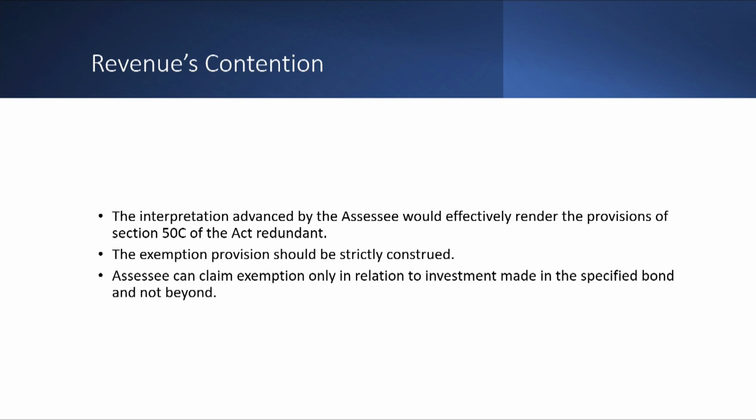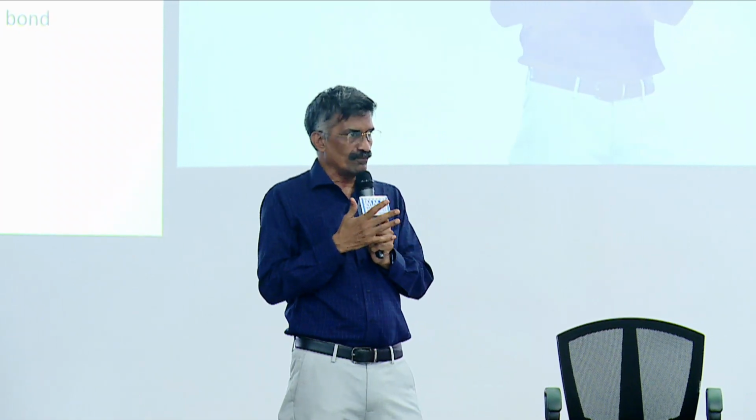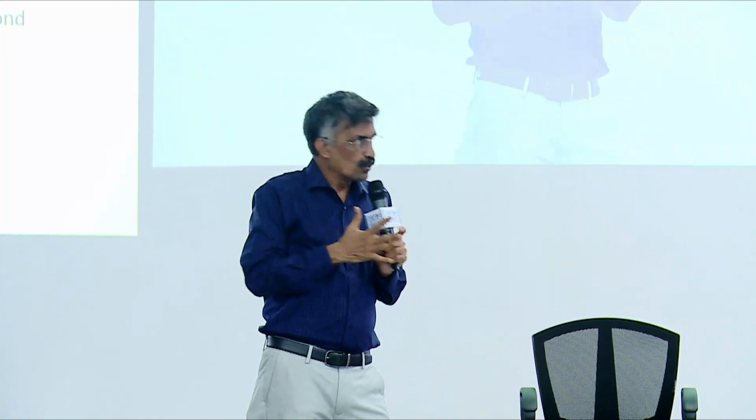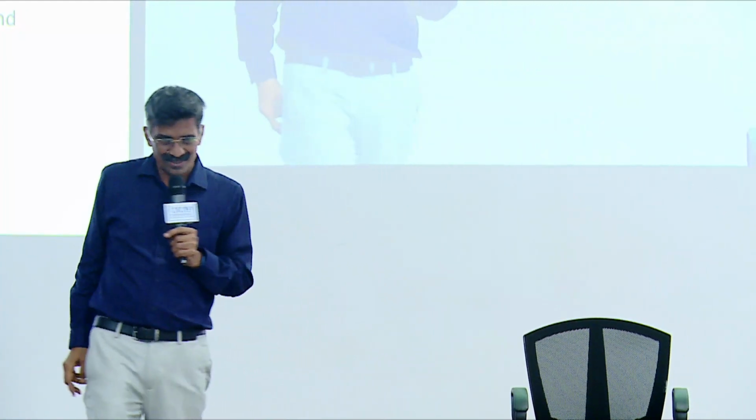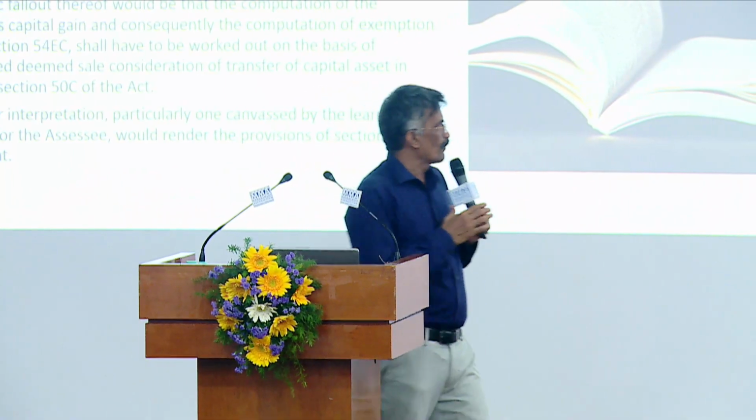So therefore, virtually this results in only killing of it. The SSC can claim exemption only in relation to investment made in the specified bond, not beyond. Because if you take that example, I would have invested 25 lakhs. If my stamp valuation is 100 lakhs, my exemption for 25 lakhs will be more than 25 lakhs also, if you want to make it a zero. That means without sections like 35(2)(ab), 54EC would have acted like a weighted exemption, which according to the department was never the intention of the law. Then go to what the Bombay Court has got to say.